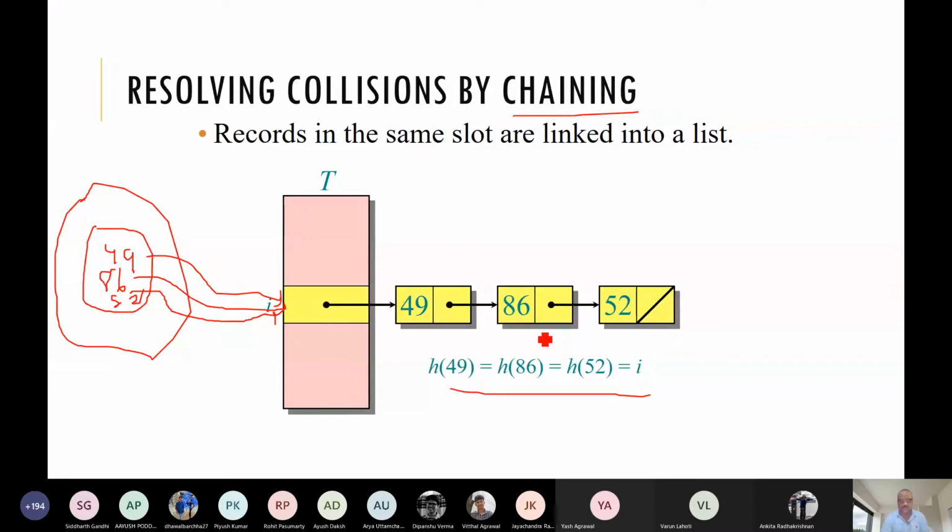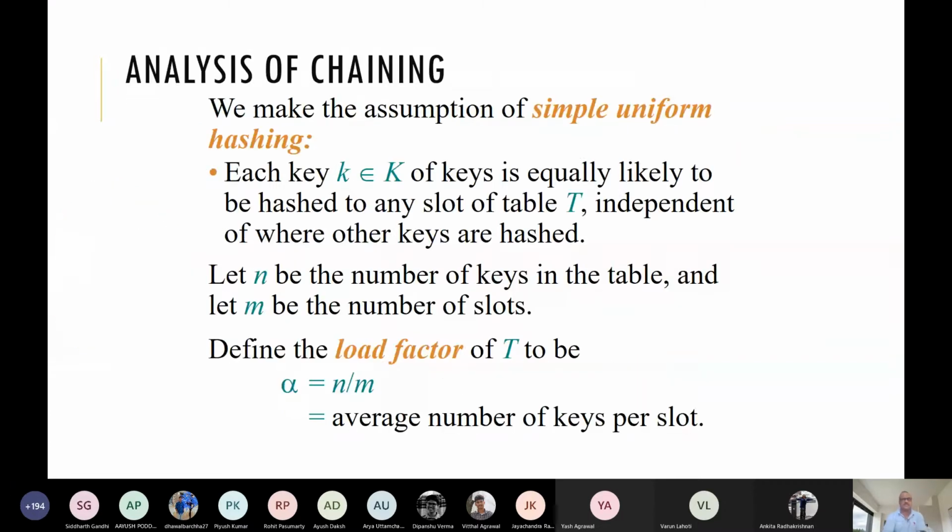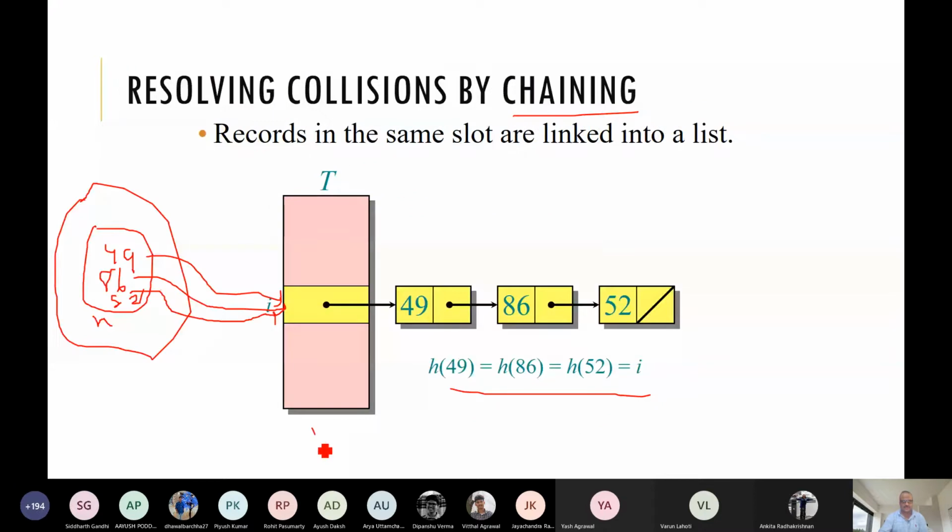Now, how to analyze this? Analyzing of chaining. We say our hash function is simple uniform hashing, or it is a good hash function, if we can distribute the keys. We have n keys over here, the set K with cardinality n, and we have m slots.